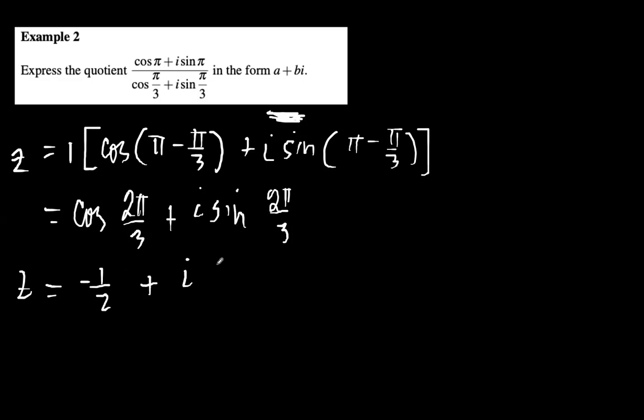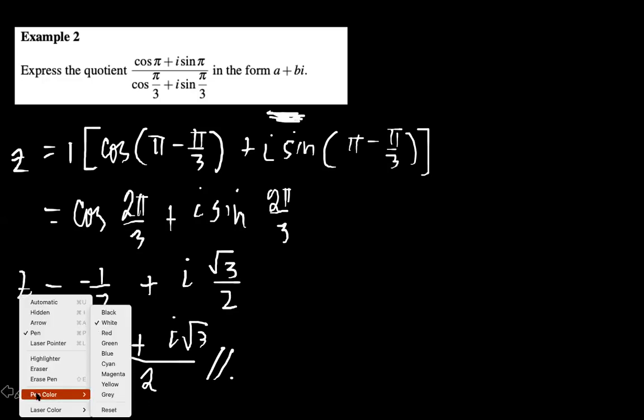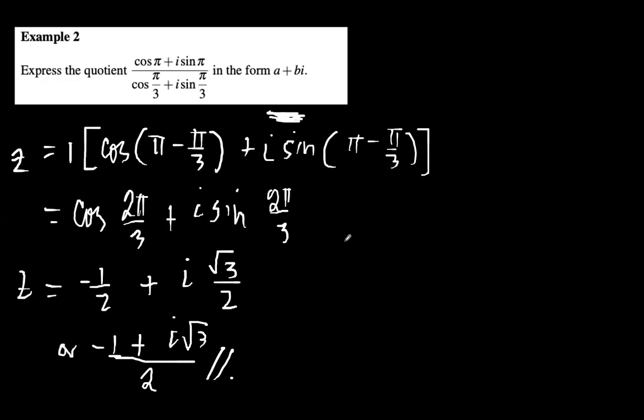And what is sine 2 pi over 3? Square root of 3 over 2. Ito na yung sagot, or negative 1 plus I square root of 3 all over 2. Pwede rin siyang ganun. Okay? Did you get it, guys? Yun ang sagot natin. Or if you want to make it shorter, ganito na